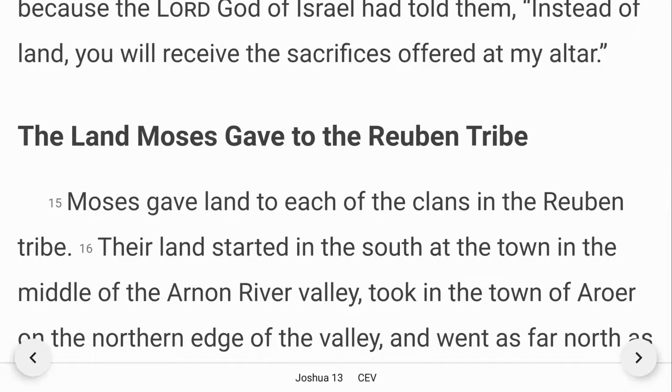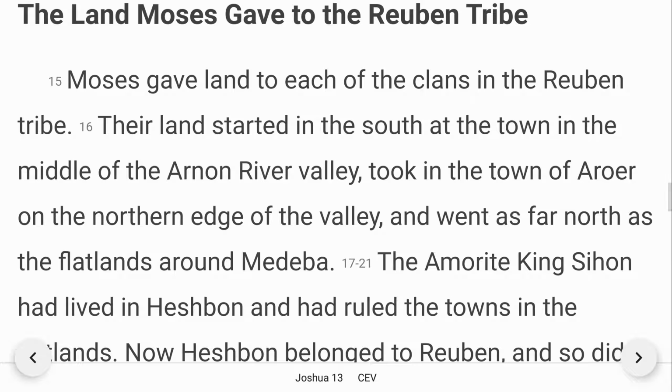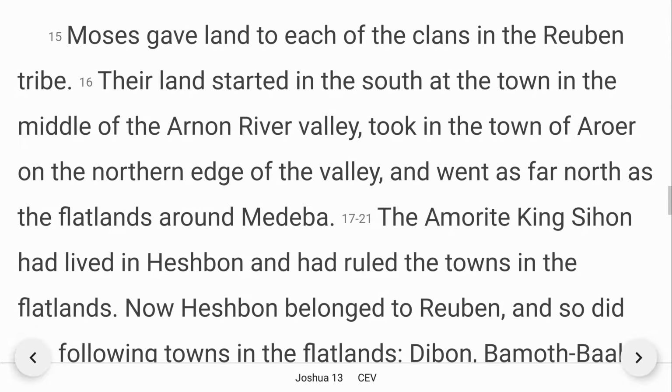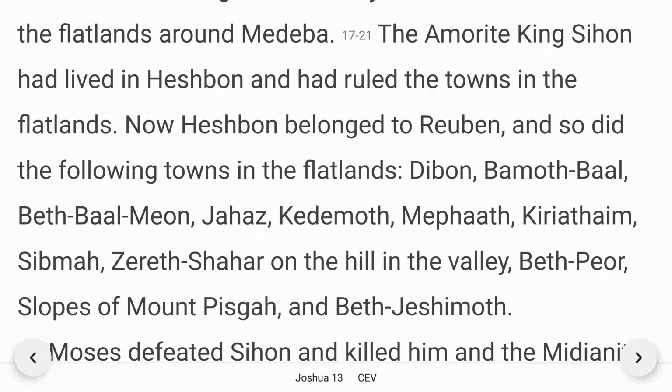The land Moses gave to the Reuben tribe. Moses gave land to each of the clans in the Reuben tribe. The land started in the south at the town in the middle of Arnon River Valley, took in the town of Aroer on the northern edge of the valley, and went as far north as the flatlands around Medeba. The Amorite king Sihon had lived in Heshbon and had ruled the towns in the flatlands. Now Heshbon belonged to the Reubenites, and so did the following towns in the flatlands: